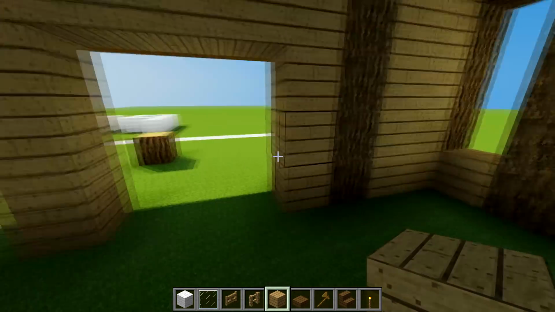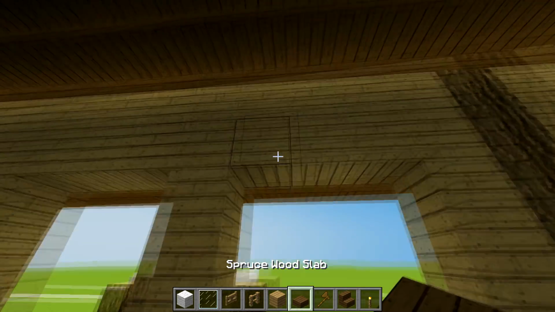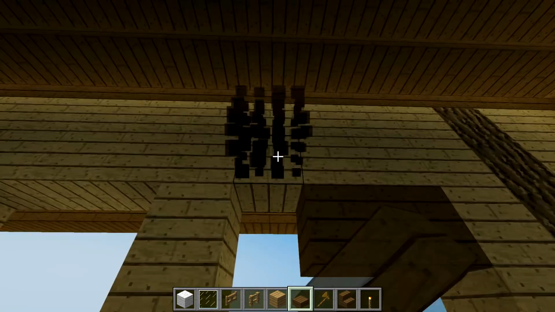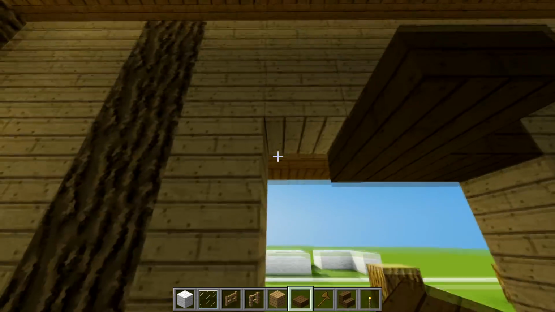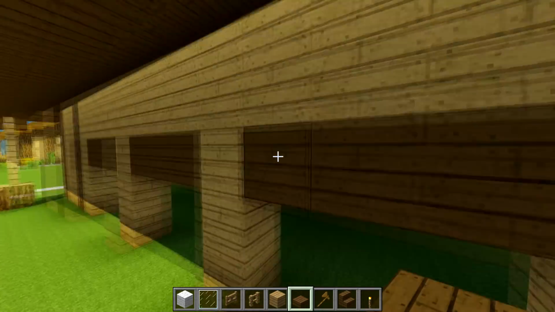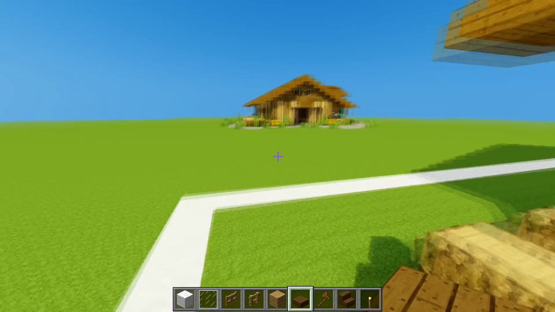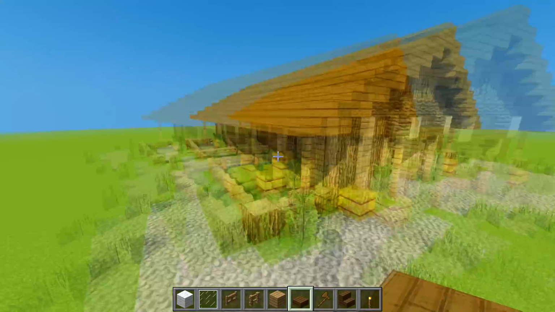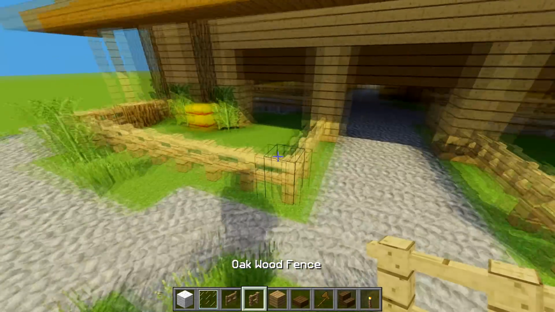So we've got 2 layers going across the top, and then I think I finish it with some spruce. So you just get the spruce full blocks and just kind of fill it in like this, just for the doorways. So we've got 3 doorways at the back like this. So from the outside it should look like that kind of thing. I'll just check if I've done it correctly. Yeah, so as you can see, we've got our front doorway,